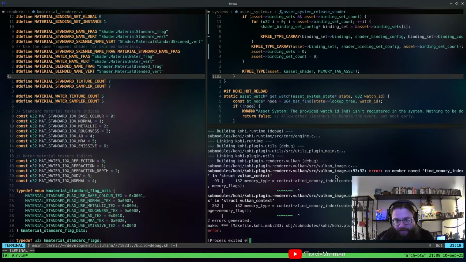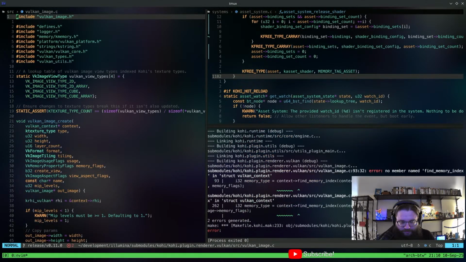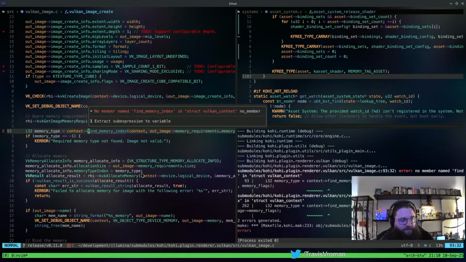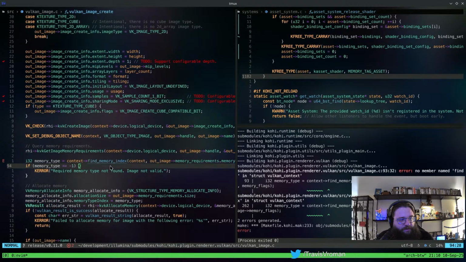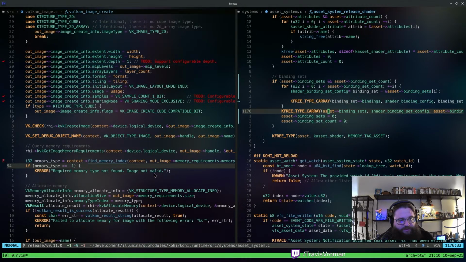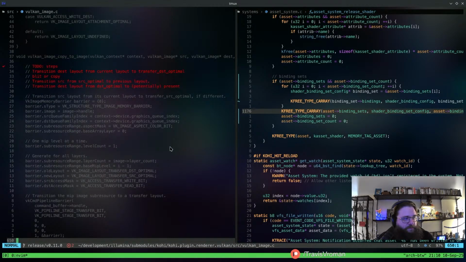So let's see. We got Vulkan image C. That's throwing some errors. Okay, so context, find memory context. I had changed this from being a function pointer to being a static function in the Vulkan backend, but I had forgotten that it was also called in this file as well.